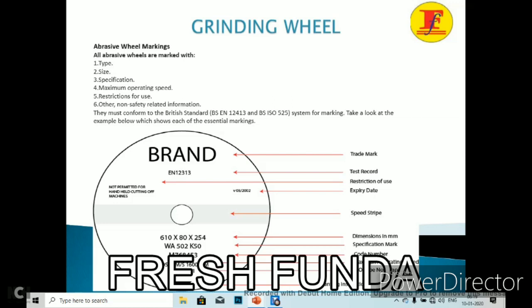Because if you don't know about the wheel speed, it may be dangerous, it is unsafe. So in this regard we should know the type, size, specification, maximum operating speeds,